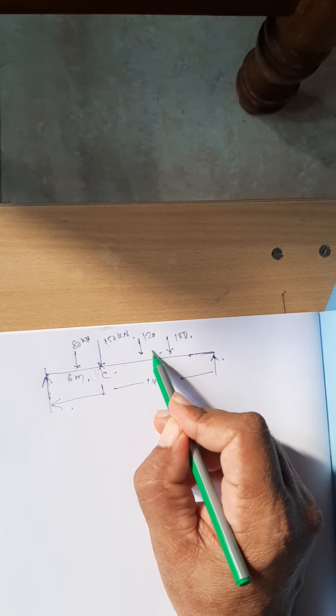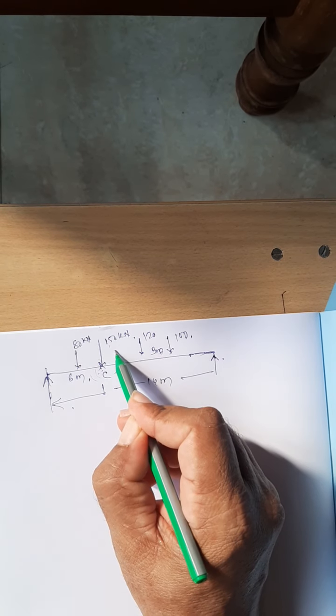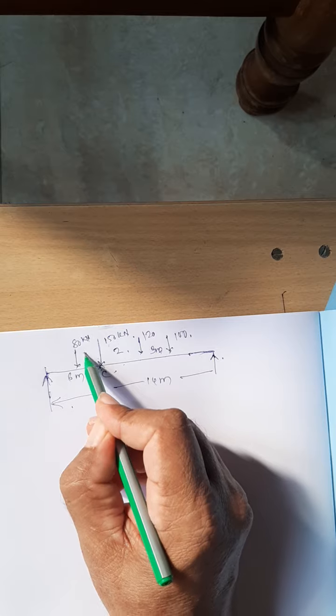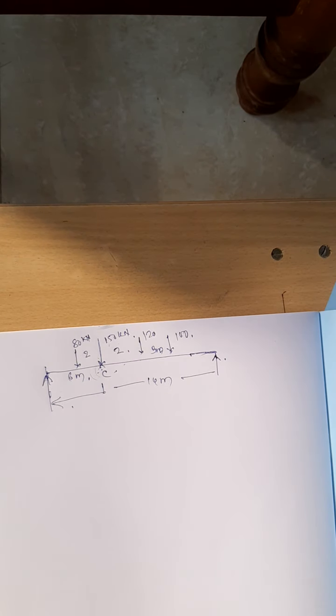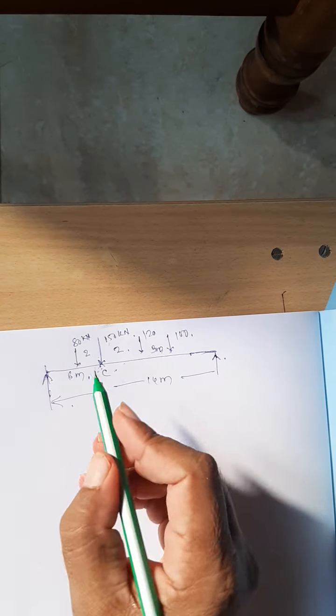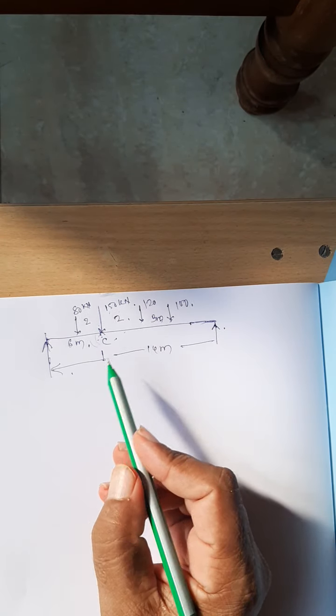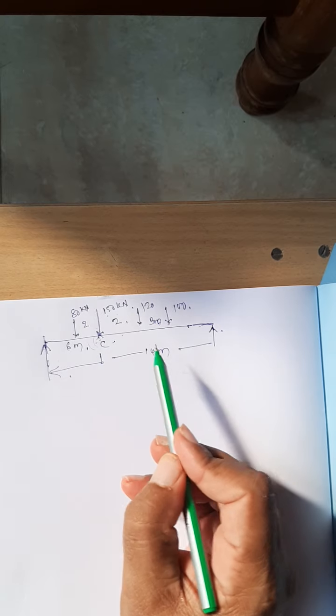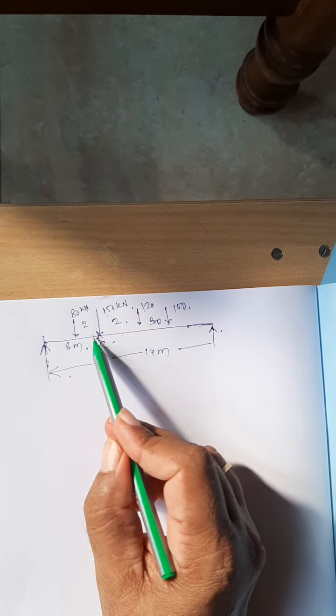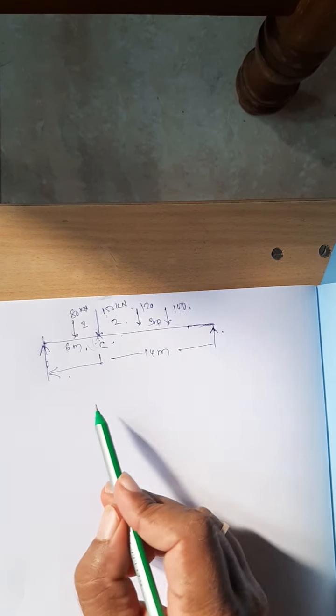So he has given the distance between the loads as 3 meter, 2 meter, 2 meter, right? Now this is the position of the loading for maximum bending moment at the point C. It's alright. Now to calculate the maximum bending moment at the point C, what is the next step? We need to draw the influence line diagram for the bending moment at the point C.